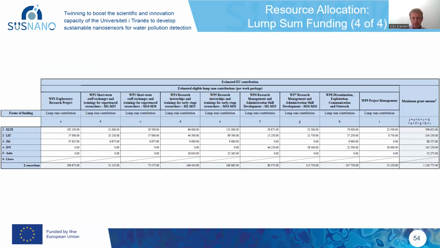So let's imagine you've done all this preparation of the lump sum funding budget and you've submitted it as part of a proposal, and amazingly you've been selected for funding. How does this budget appear in your grant agreement, in your contract? Well, this is a real example. This is from a twinning project